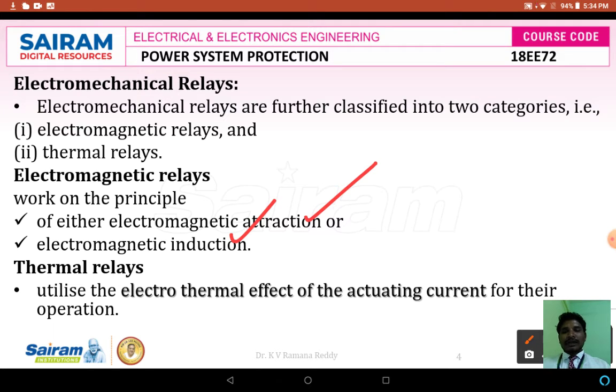The other type is called thermal relays, which utilize the electrothermal effect of the actuating current for their operation.